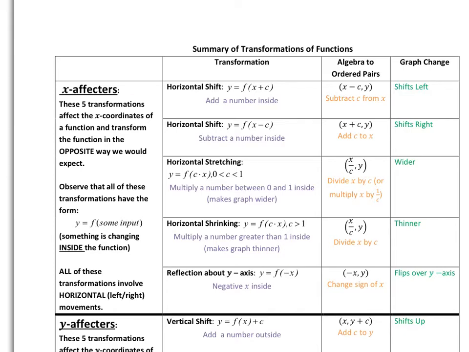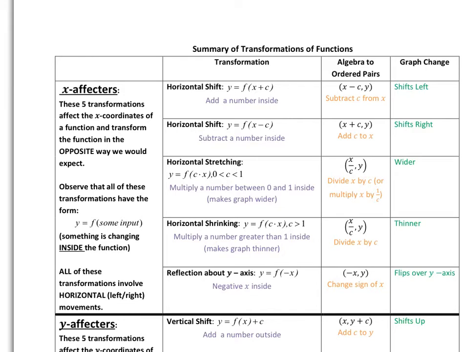So, for example, if we have a number being added inside that first horizontal shift, that's going to shift the graph left, which might be the opposite of what you think, which really means in order to find the answer, we would be subtracting the number from x. So inside, it was x plus c, but what we're actually doing is x minus c. Same thing then for our second one: if we're shifting right, on the inside it would be x minus some number, but when we actually do it, it's going to be x plus the number. The y-coordinate would stay the same for all of these.